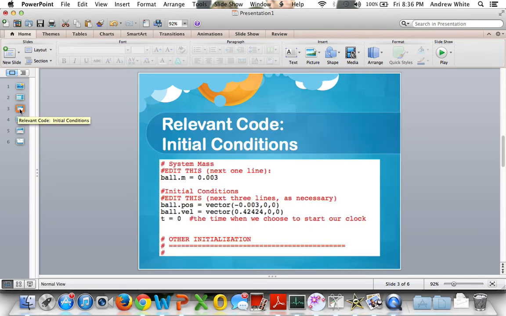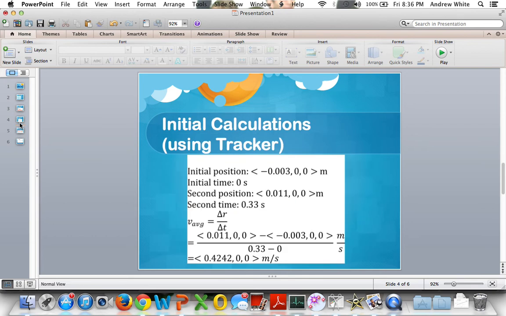Now onto VPython. I use Newton's second law to create an iterative predictive model of the marble's motion. I assign the initial conditions necessary for predicting an object's motion by setting the mass of the system equal to that of an average size marble and using Tracker to note the initial position and time of the observed motion. I also use some of this initial information from Tracker to calculate